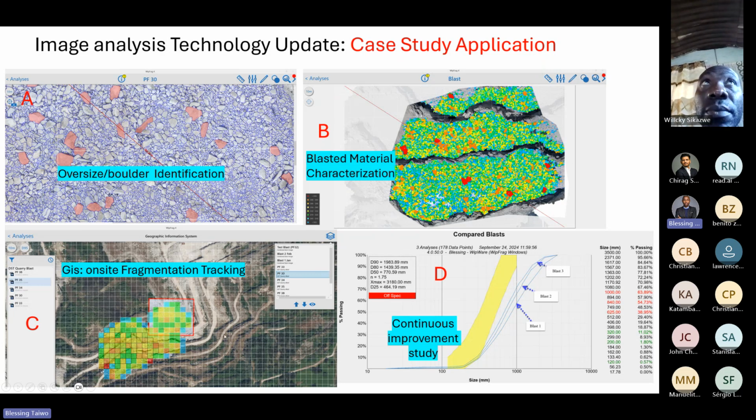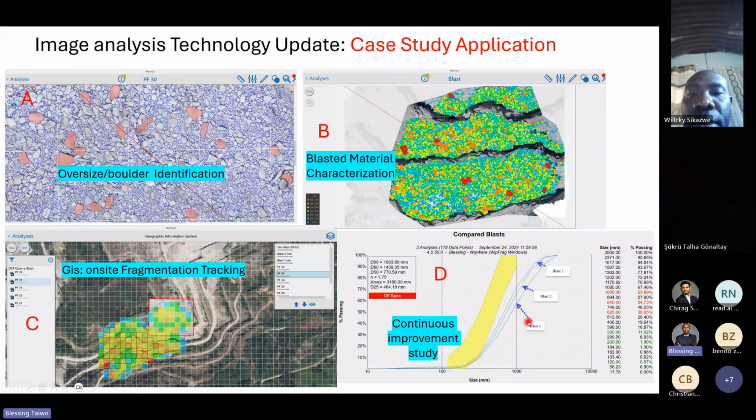Then another thing that image analysis technology can help you to do is tracking different blasting. You can compare different blasting. For example, as you can see in image D, these are 3 different blasts in different benches in the mine. So as you move on in the mine, you want to keep checking the performance of each of the blasts. Maybe in your blast one, you use a specific design, and by the time you check the design with image technology, it allows you to create an envelope. As you can see, the yellow envelope, you can create the yellow envelope as a specification for your client or as a specification for your mine.